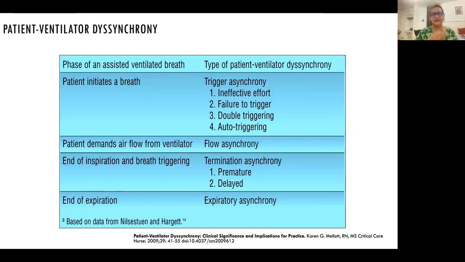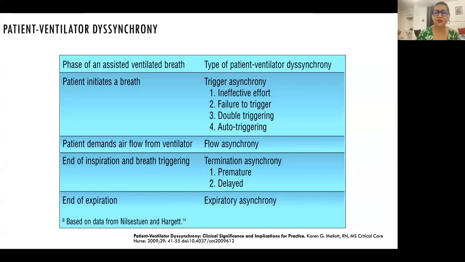And then, as I said, flow asynchrony may happen because the patient demands airflow from the ventilator which is not as required, and so flow asynchrony comes. And then the end of inspiration could be a problem, because termination asynchrony can happen when the ventilator ends the breath either prematurely or late, because you are the one who is setting the inspiratory time. And